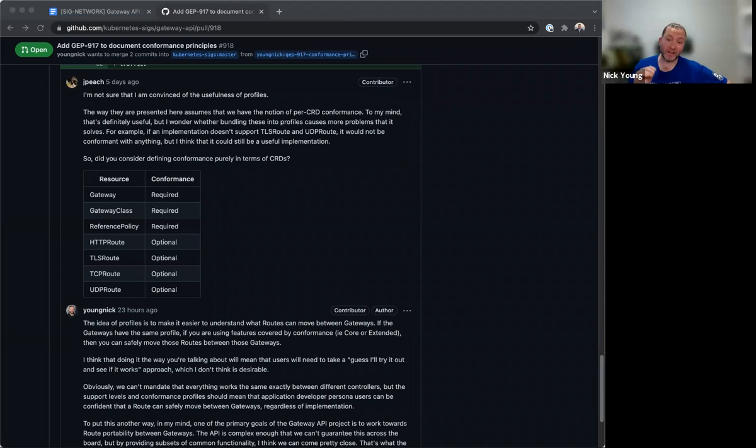No, I think the feedback is quite fair. What I'm going to do is rework this doc to not lean so heavily on it, so that conformance is defined by the objects you support, and leave the conformance profiles discussion out of it. We can come back around to it later if it turns out to be useful to have a shortcut, if it's annoying to have to specify the exact CRDs that you support every time. It's probably better now to leave this aside, and let this be a thing that we generate over time rather than mandating it up front.